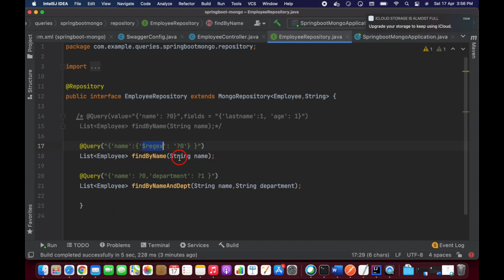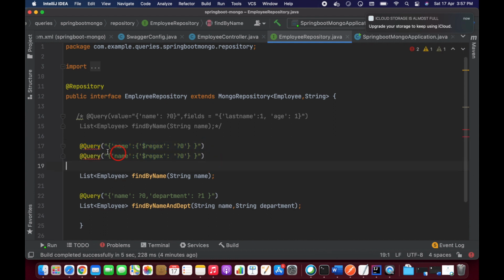Here we have used a regular expression. This is the regular expression, guys, and I'm going to use find by name here, the same thing. If you want to activate case insensitive, you can just copy this and paste here, and comment this out. You have to add one more value here, that is options.